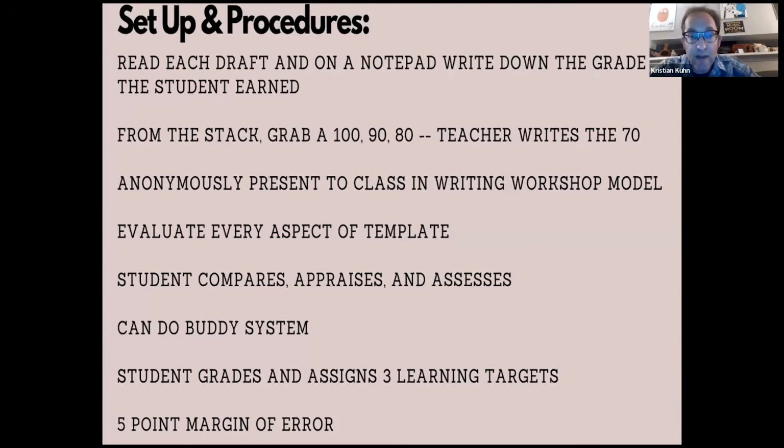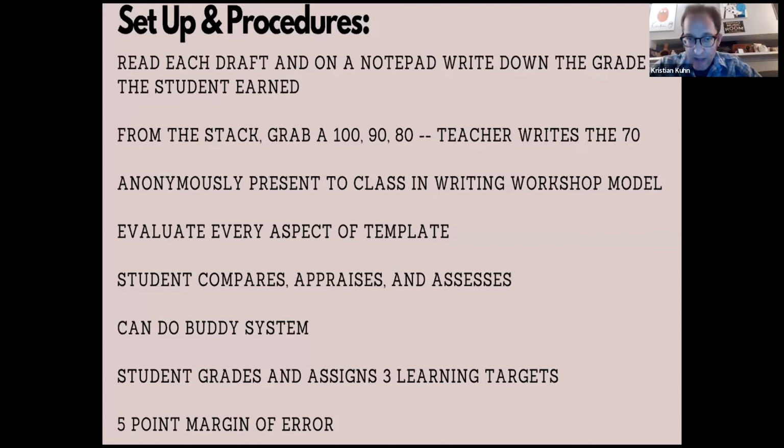So as a class, we have a conversation after we look at the four introductions, just to start with, and say, all right, rank them. What's the 100, 90, 80, 70, and what divides them? Good, bad, ugly, like what's separating these? And then you can break it down elementally by the template, but typically what I do starting with the introduction